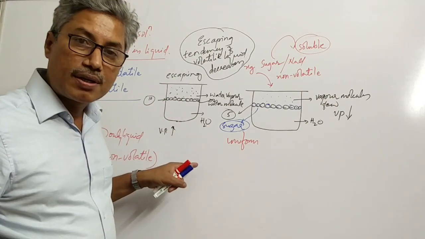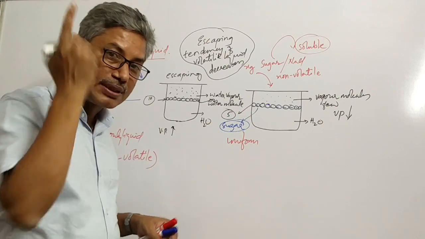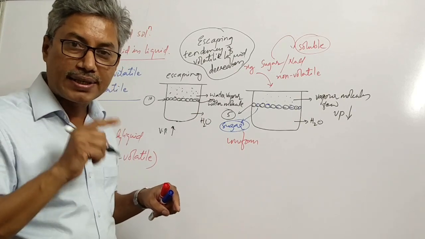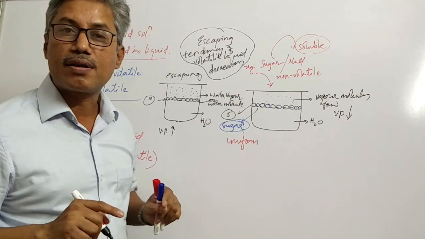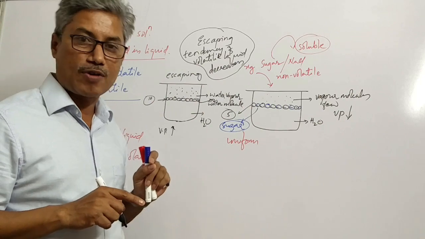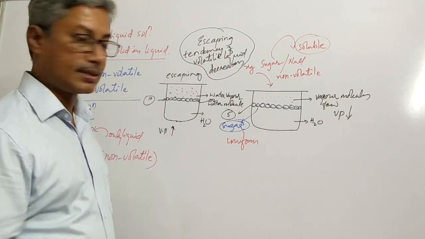Due to the addition of non-volatile solute, what happens? The number of water molecules escaping from the surface decreases. Due to this decrease, the escaping tendency of the water will decrease, and hence fewer water molecules are found in the vapor form, and due to this, the vapor pressure of water decreases. Therefore,